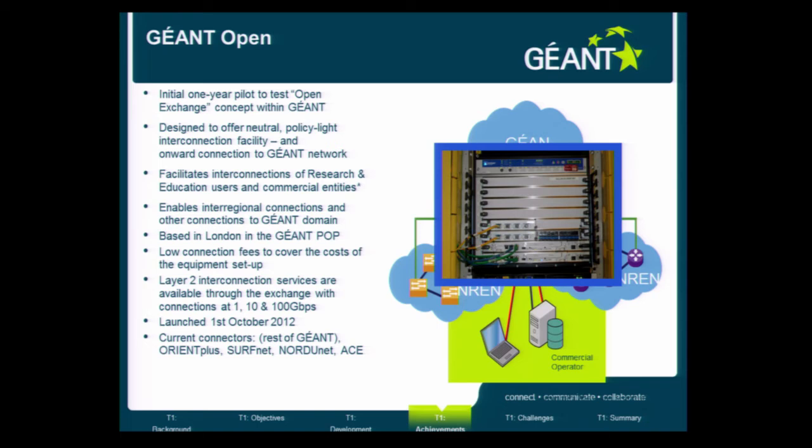So for example, we have a connection from South Africa coming into London, that could land here. A connection from Latin America could land here. So we'll have China connecting to the Open Exchange, then South Africa coming in from Ubuntunet Alliance, then the US connecting there, then Giant connecting there. So it will really open doors for other new networks which are coming in, for regional networks, Middle Eastern networks. They can connect here and then get all the services, not just Giant. They can get connectivity to the US, South Africa, Asia and Europe. So this is the idea of the open exchange.